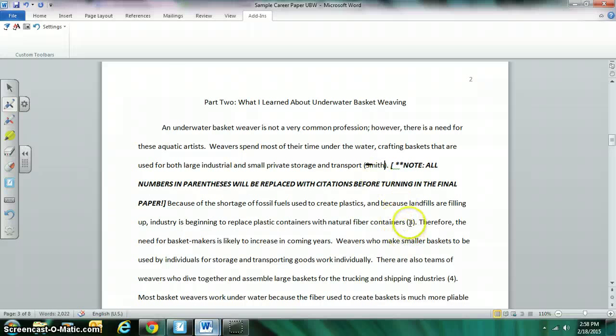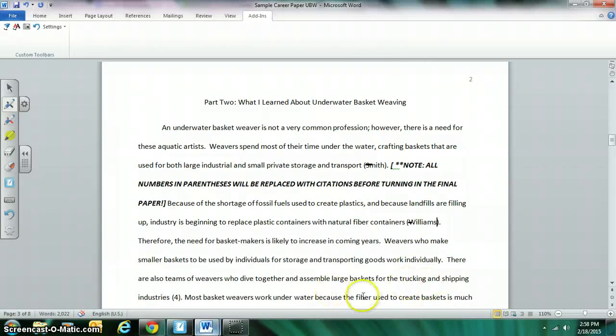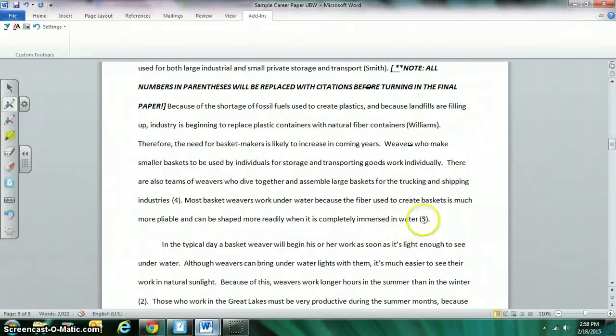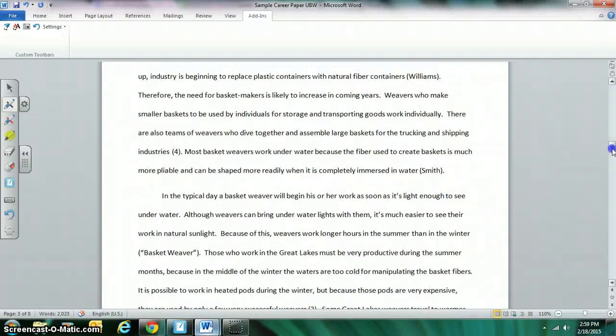Like this one might say Smith, and all the 3s might say Williams, and all the 5s we said were Smith, right? So we have to put Smith there. And the 2s, let's say the 2s are Basket Weaver. So we're going to put that in. All right, so make sure that you are being consistent throughout. The other